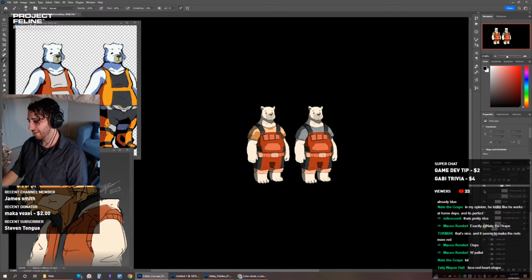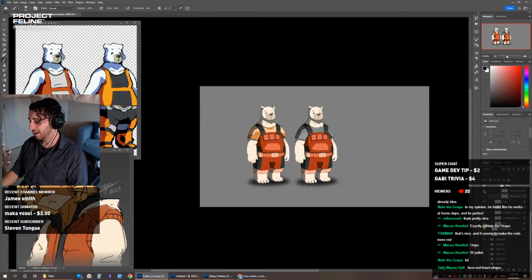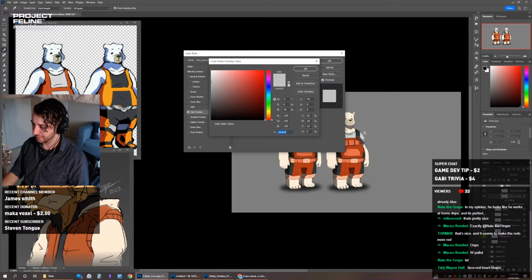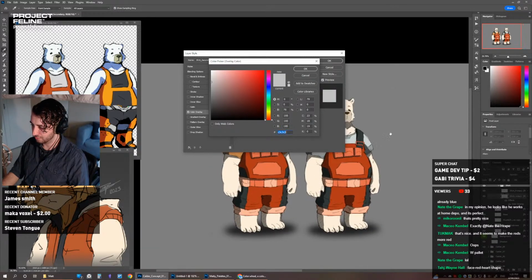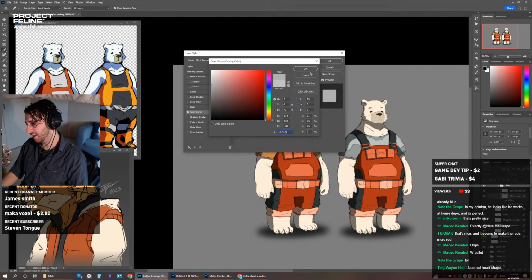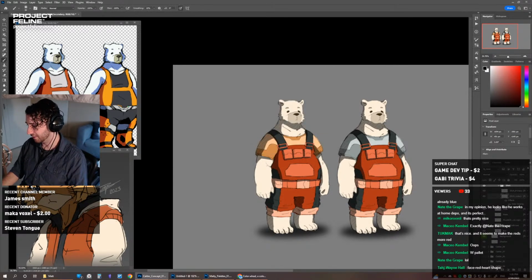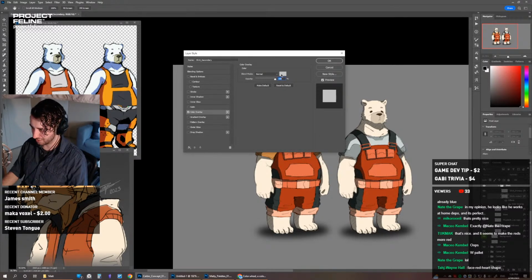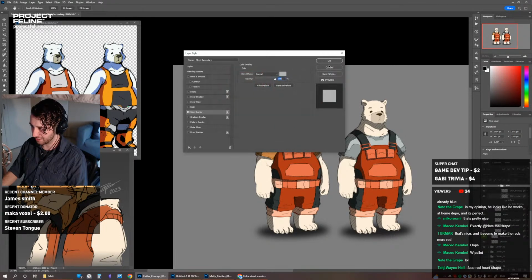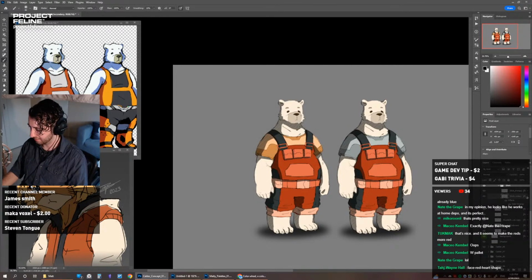I liked having a bit of variation there, but I think I just need to make the highlight slightly less bright. It needs to come down a little bit, maybe to B2. Oops, I cancelled it. I didn't mean to do that. I just wanted to make it a little more gray. So you see it's going to be slightly darker now. I think I like that.